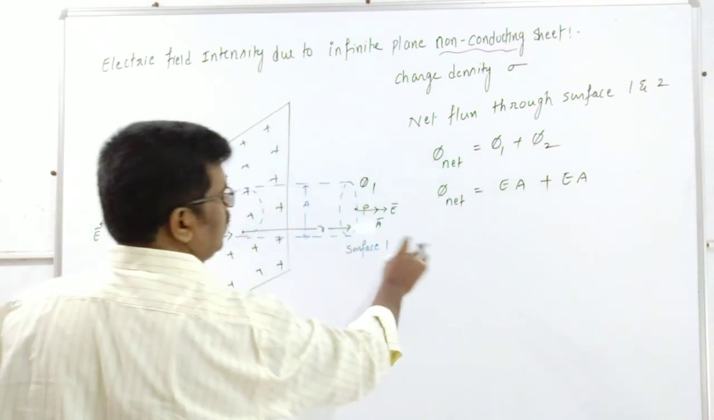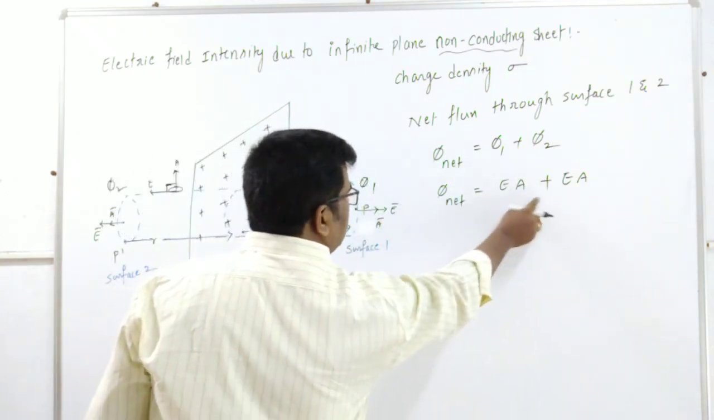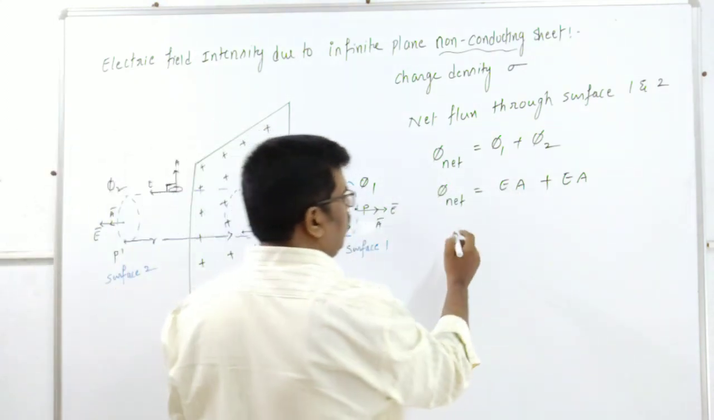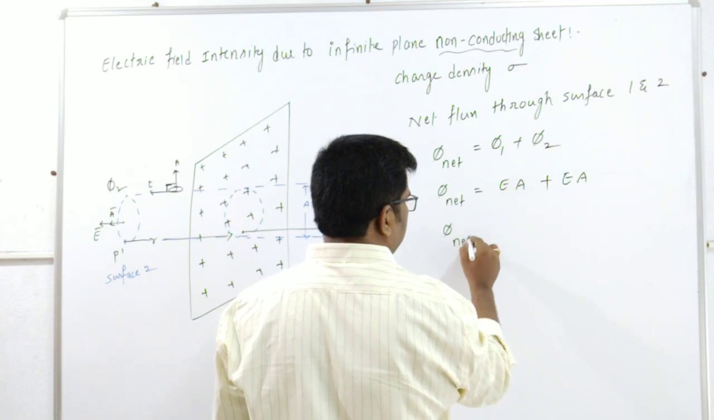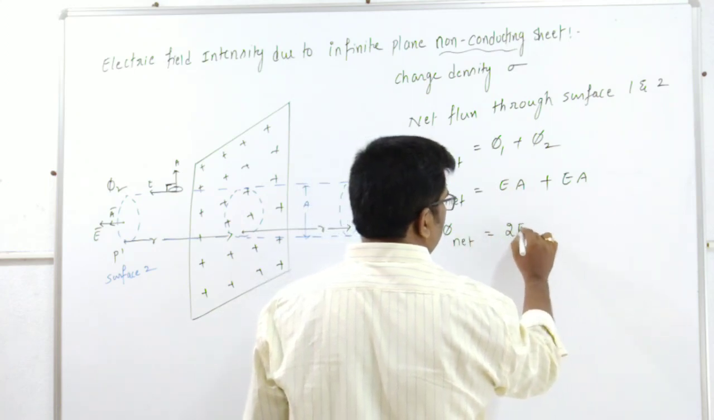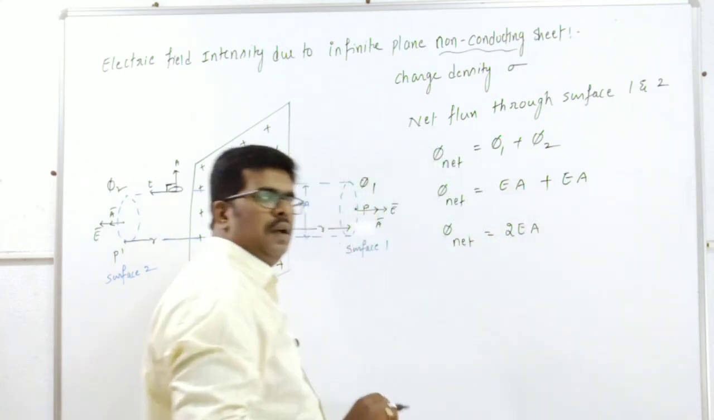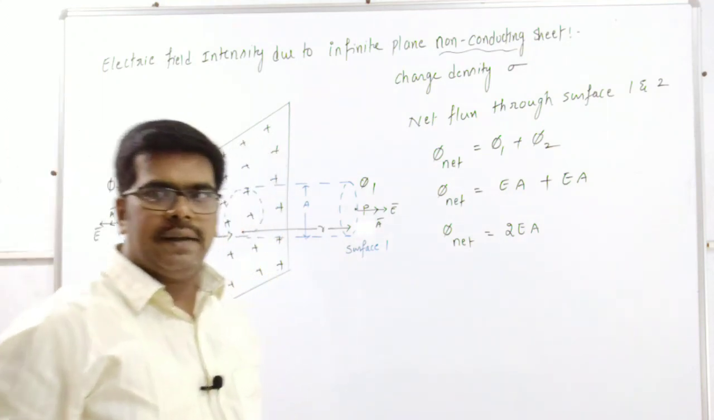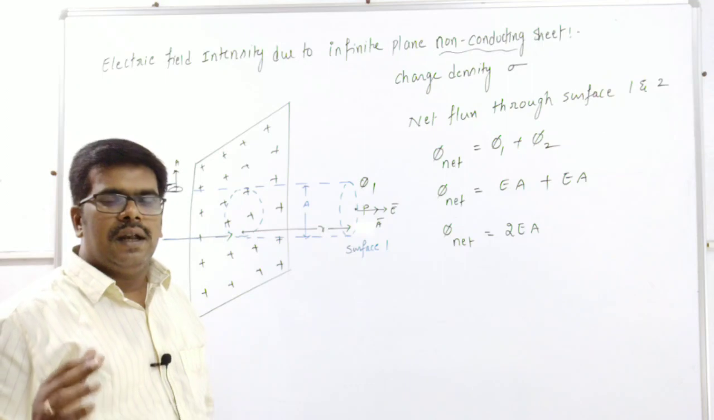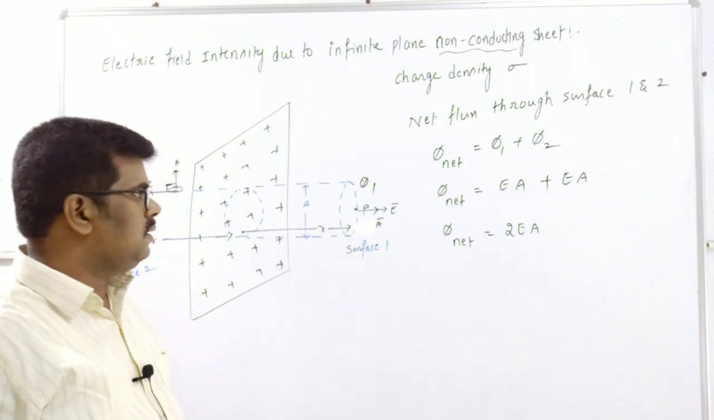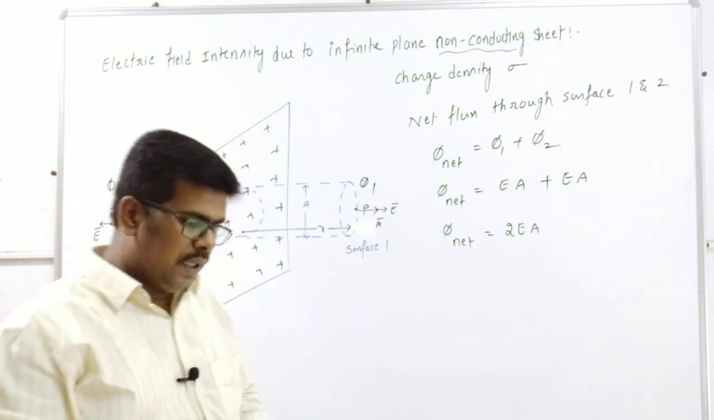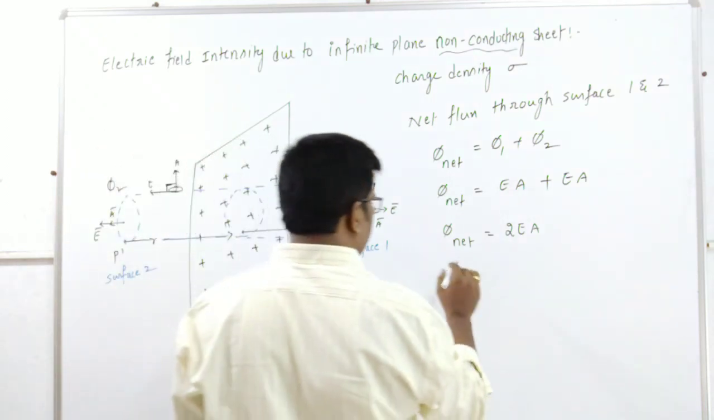So through one face it is EA, that is the first one. Through the second face it is EA, that is the second one. Now the net flux you can write as 2EA. So the net flux we found. Now we are applying Gauss law. What does Gauss law state? The net flux through a closed surface is equal to 1 by epsilon naught times the net charge enclosed by it. So from Gauss law we can write that